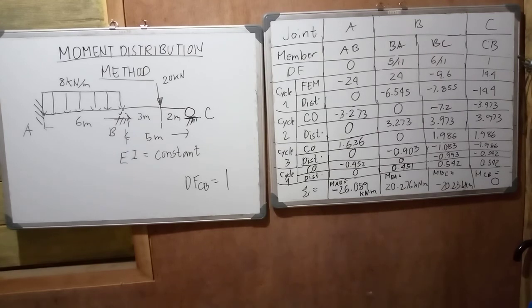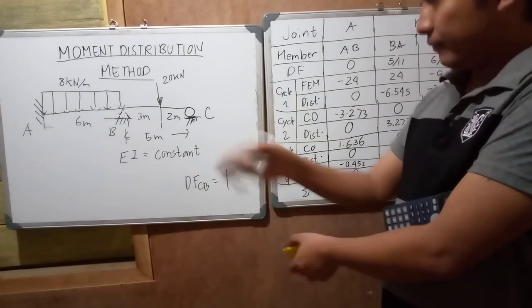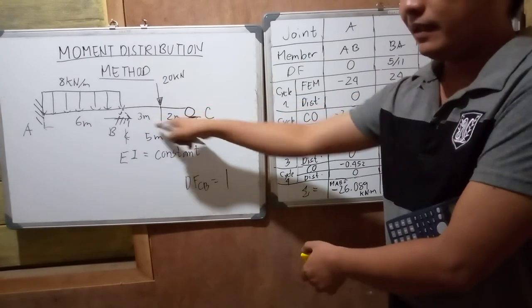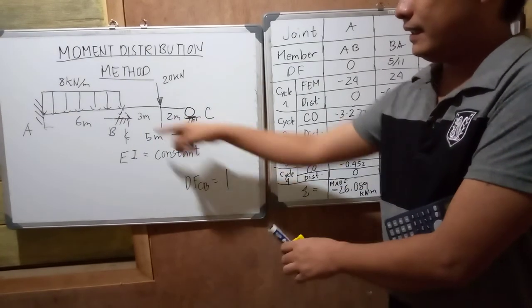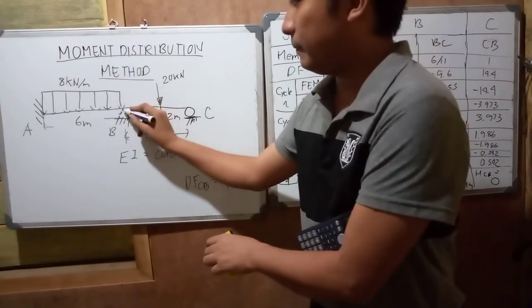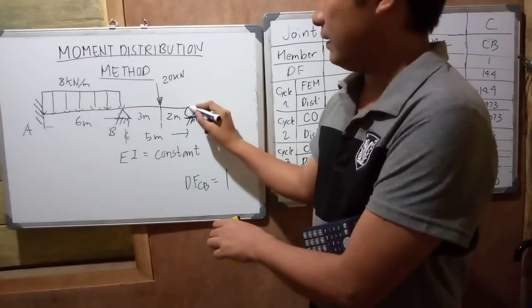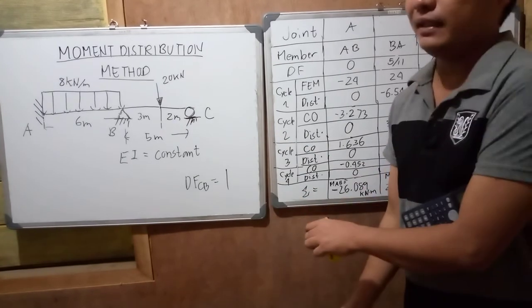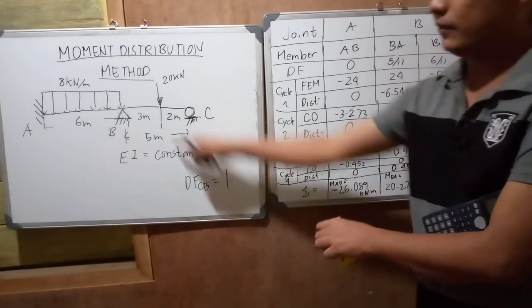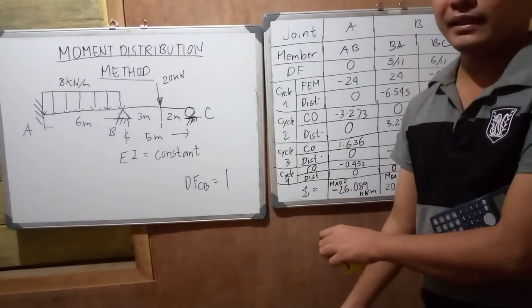So, yung method na yun is itong kapag yung outer side, since ito na side is pin to, saka ruler to, so instead na gumamit ka ng K is equal to 4EI dito na side kay span BC, gagamit ka ng